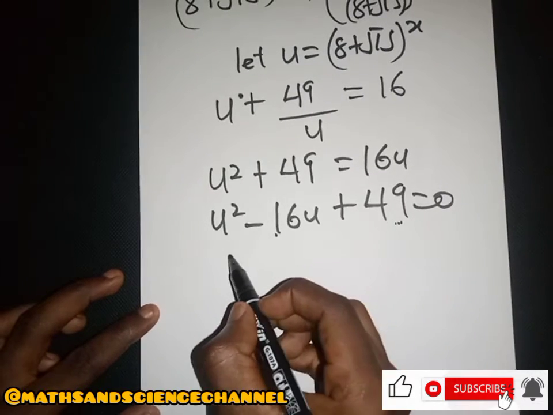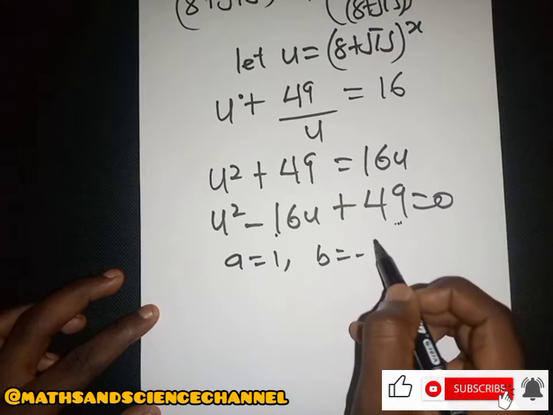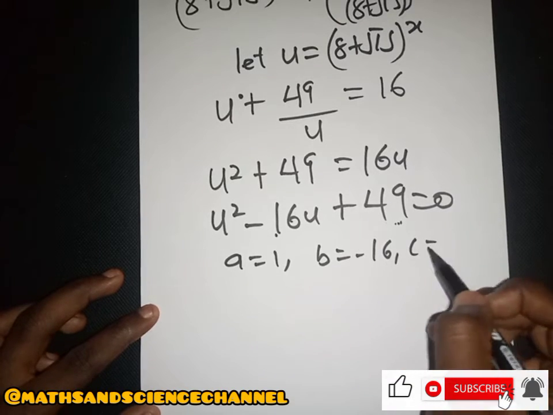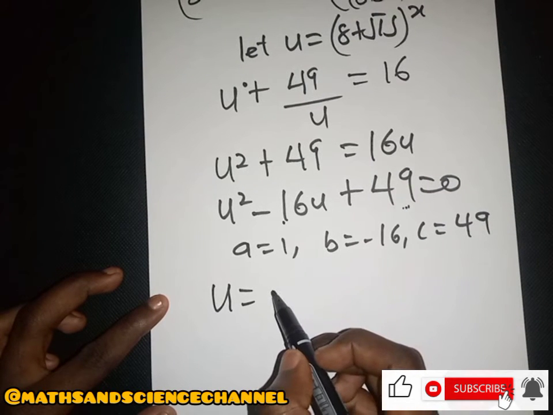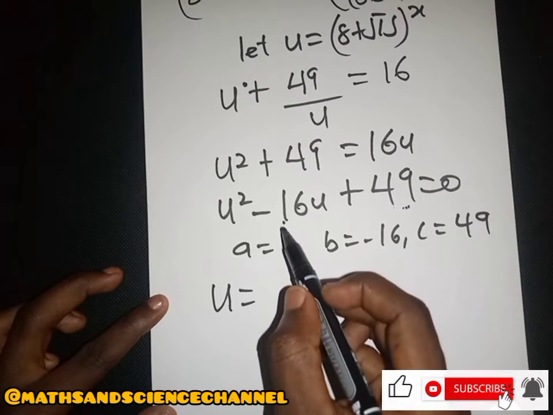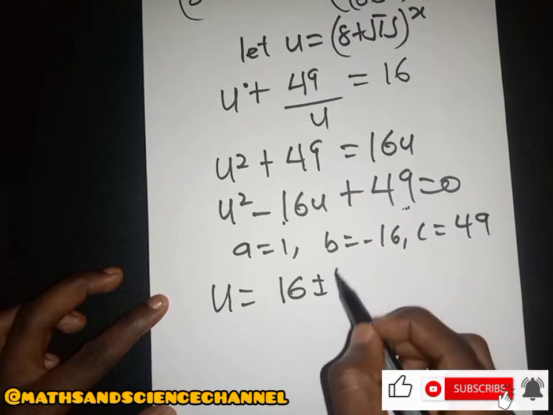So using the quadratic formula, realize that the coefficient of a is 1, the coefficient of b is negative 16, and the coefficient of c is just 49. So we can write u to be minus b. So minus b is just minus minus, that will be positive here, then plus or minus the square root of